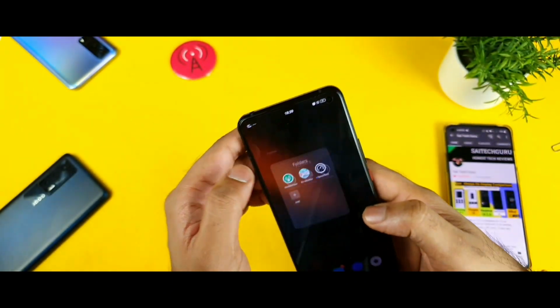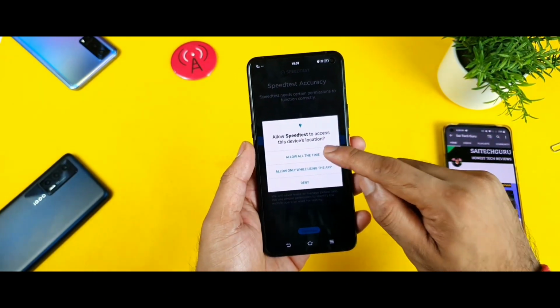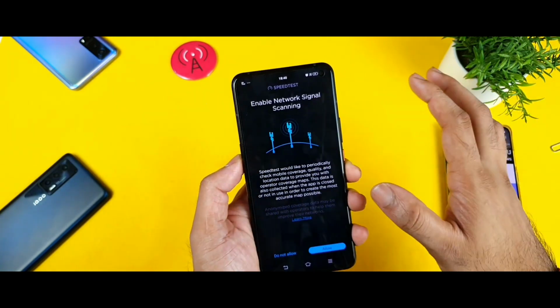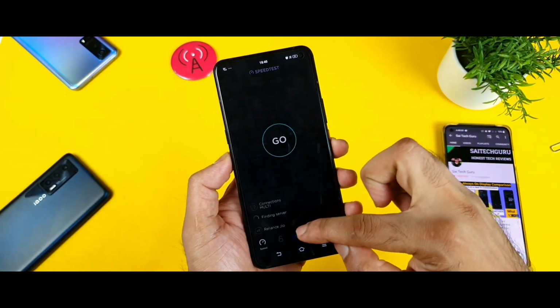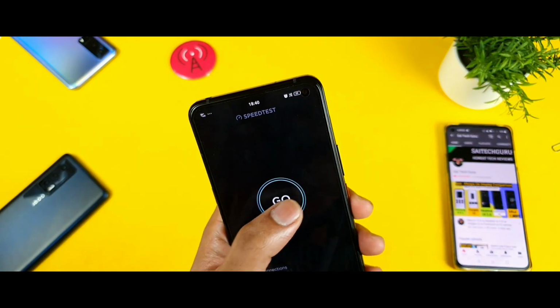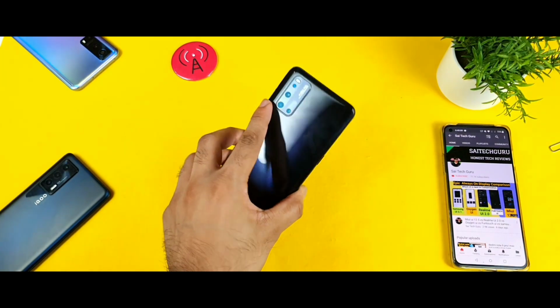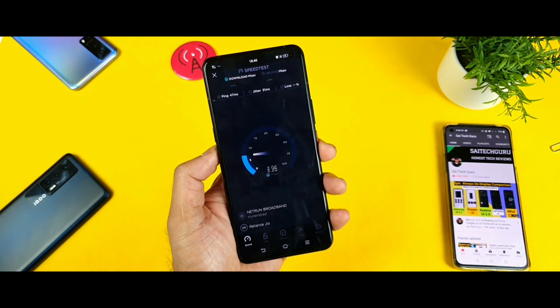Again, as you can clearly see, friends, let me open the speed test application. These are the applications which I'm installing just now because this is my new phone. So let me quickly show you. Now let's see, friends, what will be the download speed test. What will be the speed test results on this iQOO3 device in an indoor condition? That is what I'm going to do right now, testing.